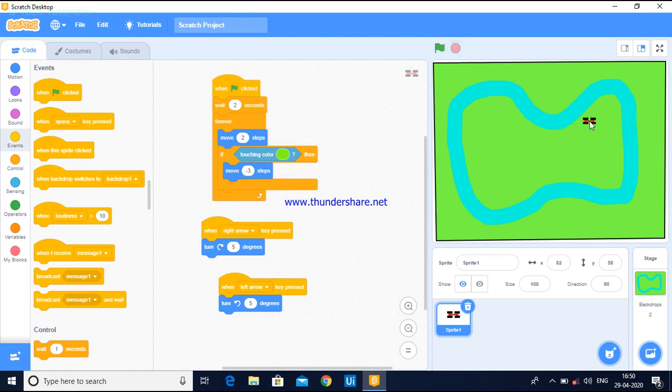if it touches, it gets a penalty. Okay, and again and again we have to put the penalty if it is going continuously in green. So that's why I'm going to duplicate this and keep that in this. Okay,